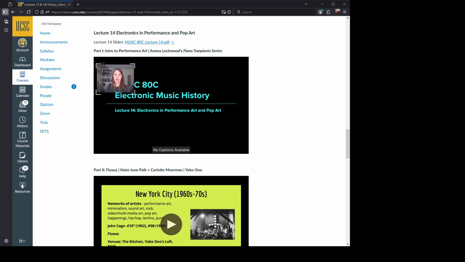Cage's work is also a precursor to performance art, I think especially with a piece that he did called 4 minutes and 33 seconds. Usually if we were in a normal class, I would just do a performance of this for you, but I can't, so I will include a video of someone else performing it. The basics of this piece is that it's 4 minutes and 33 seconds of silence,